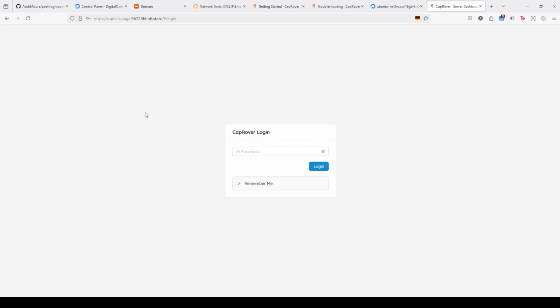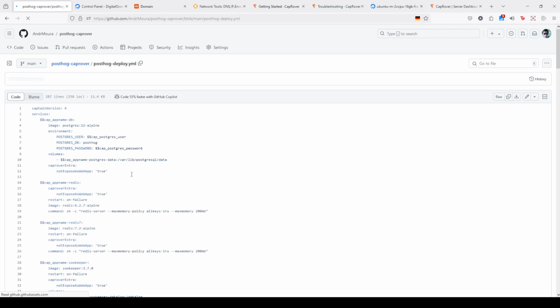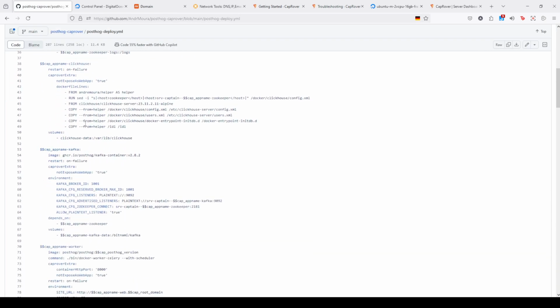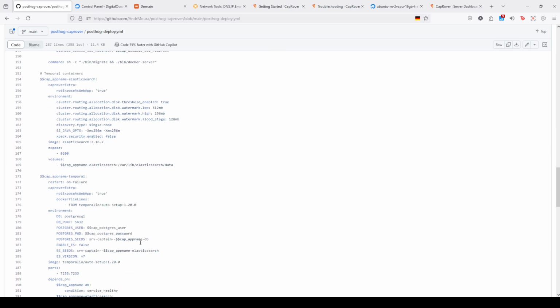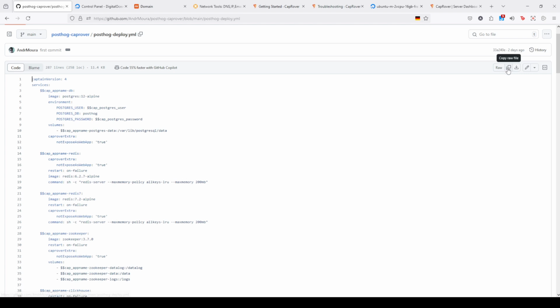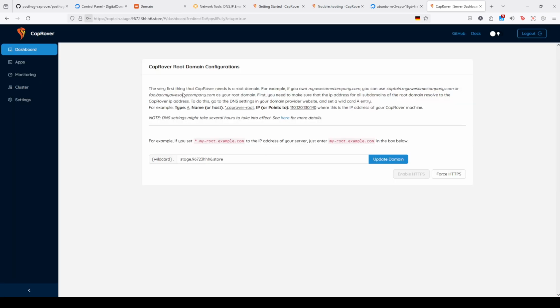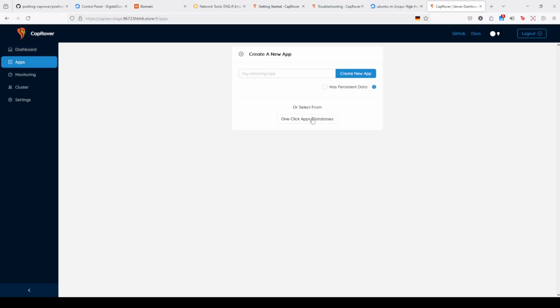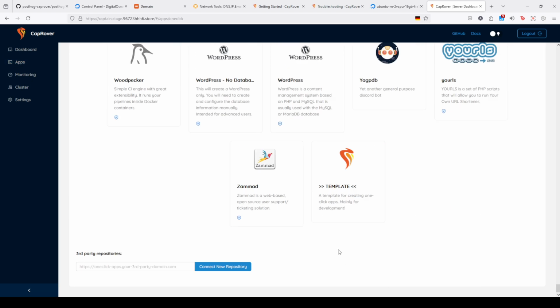So I will go to my repository where I have a deployment file for PostHog here. As you can see, it's very similar to a Docker Compose file with a few extras. So I will copy this deployment file, and let's go back to the dashboard. I will log in here, captain42, and I will go to apps, one-click apps/databases, scroll down to the bottom here in templates,